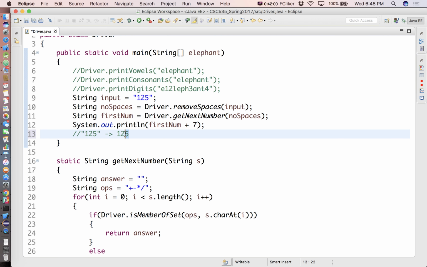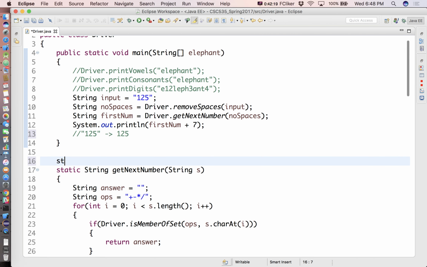We have 5 ones. We have 2 tens. We have 1 100. Okay, most of us probably learned that either first or second grade, right? All right. So if we write a method here,